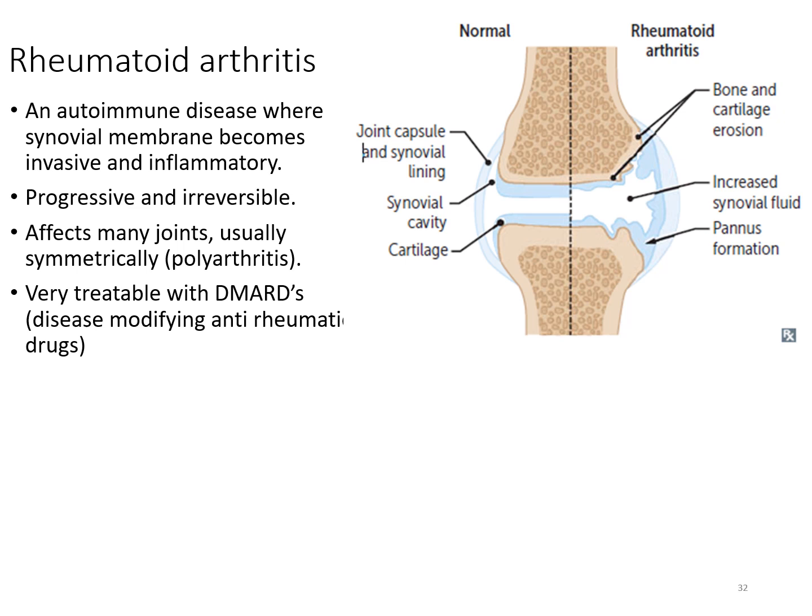It's very treatable with DMARDs. Okay, these are disease-modifying anti-rheumatic drugs. Okay, so that they keep it in check a little bit. Okay, treat with medications and surgery. So we've mentioned the disease-modifying anti-rheumatic drugs, but surgery for rheumatoid is literally joint replacement. So you'd replace the joint that's been destroyed with a prosthetic joint, and we can replace most joints in the